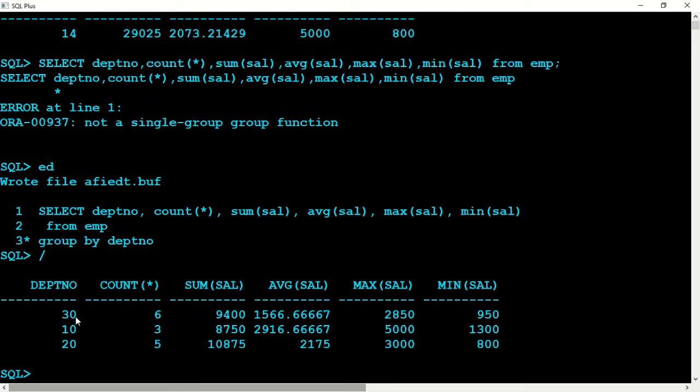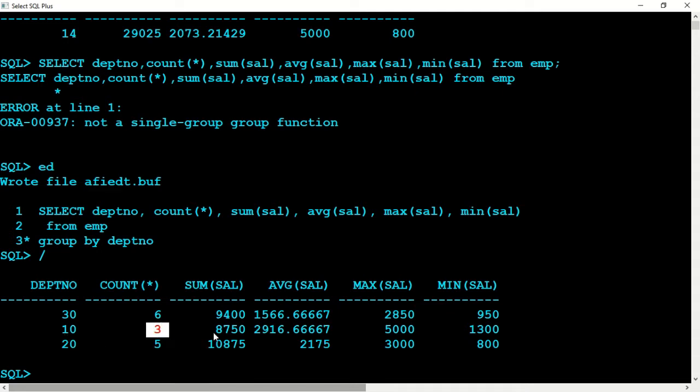number 30. In department number 30 there are 6 persons, and this is the total salary of department 30, and this is the average salary, and this is the maximum salary given to a particular employee in department 30, and the minimum salary is 950. Similarly in department 10, 3 persons are working.